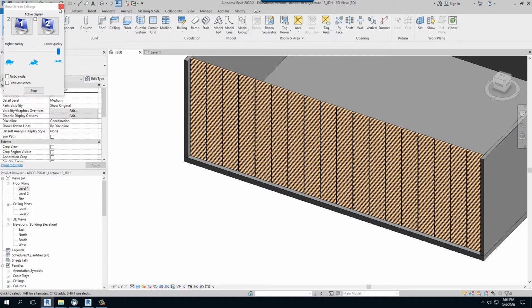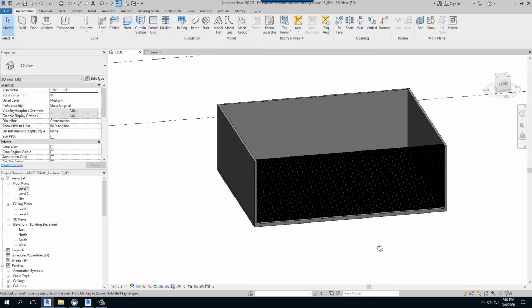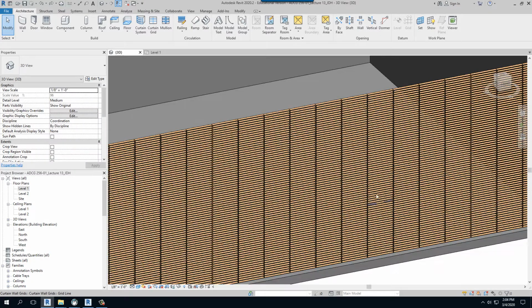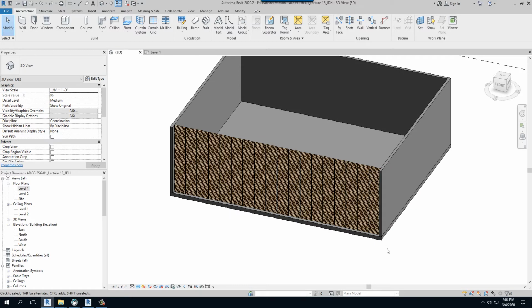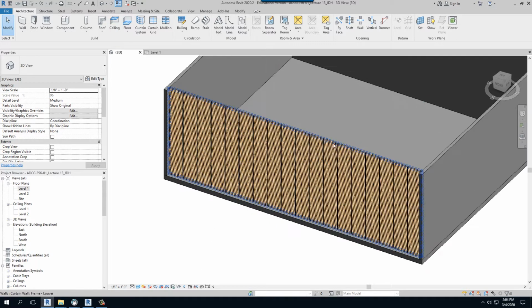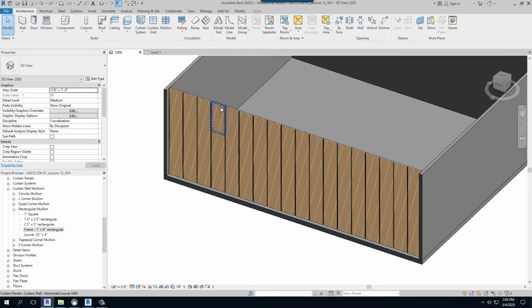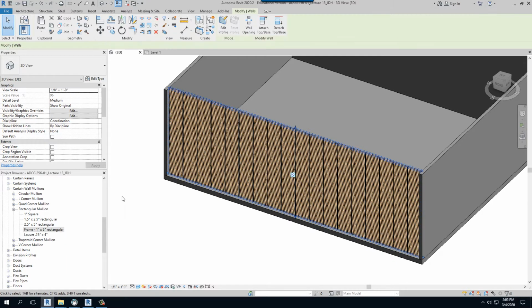Okay, so you're thinking to yourself as you look at this, oh, this looks a little odd, right? It looks like we have a whole lot of louver and no frame. It's all about the settings, people, right? So let's examine and see where we might want to change something. You remember, hopefully, the very first thing we created when we created our louvers or our mullions, we created a frame mullion, right? So when we go into this layer of curtain wall and we click on it,